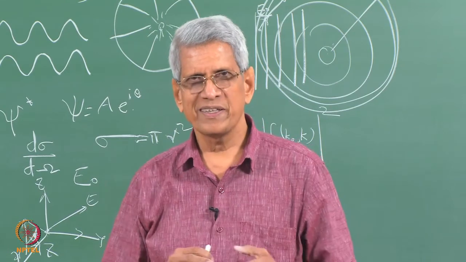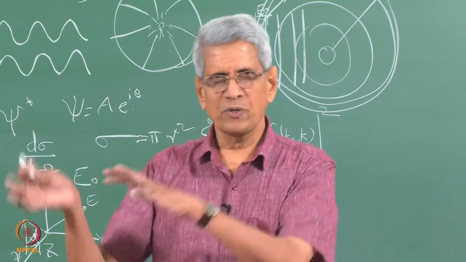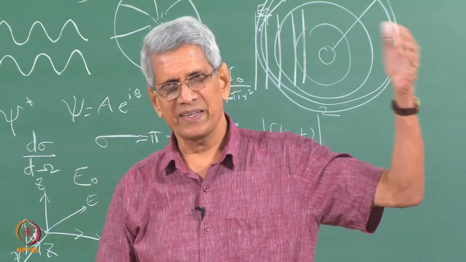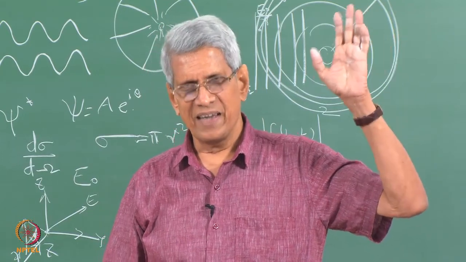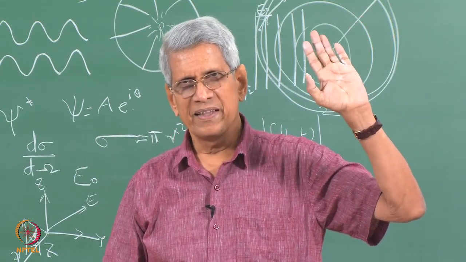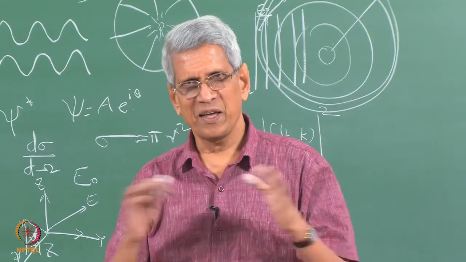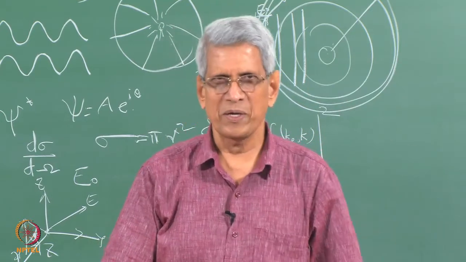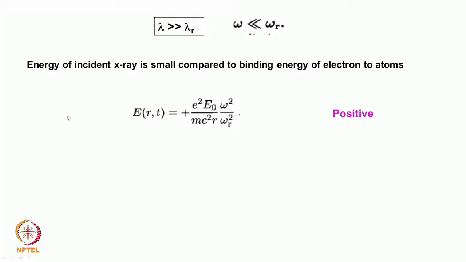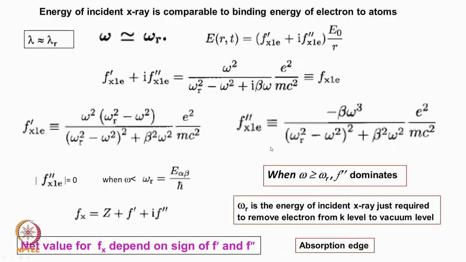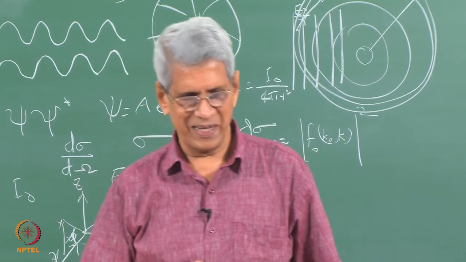So, in that case, with respect to the L levels and all the electrons which are going to be there, the energy of the incident radiation is high, the other one the incident energy is small compared to that. In this case, if you look at the amplitude of the scattered wave, it is going to be positive. This is something which one should remember. And it is going to change with respect to essentially the ratio of these two, which decides. The interesting part is when it is going to be very nearly the same.